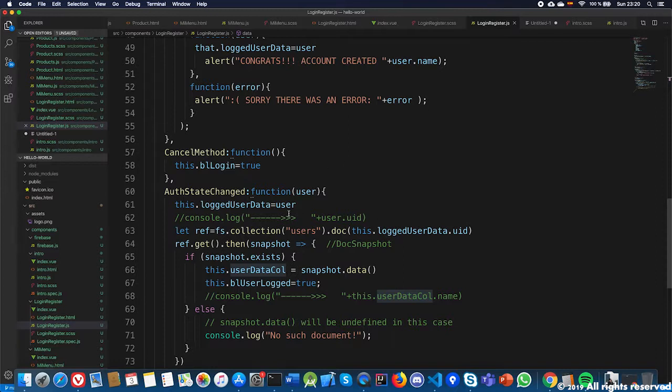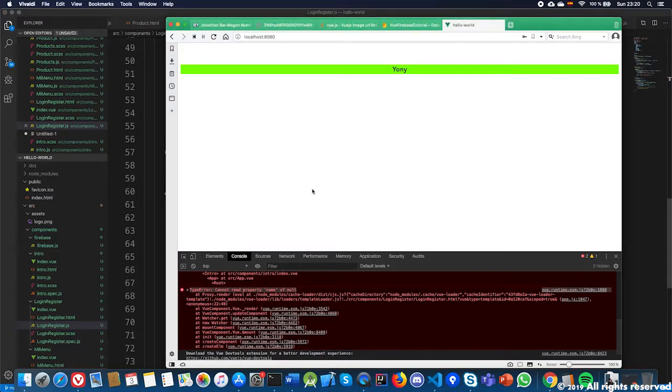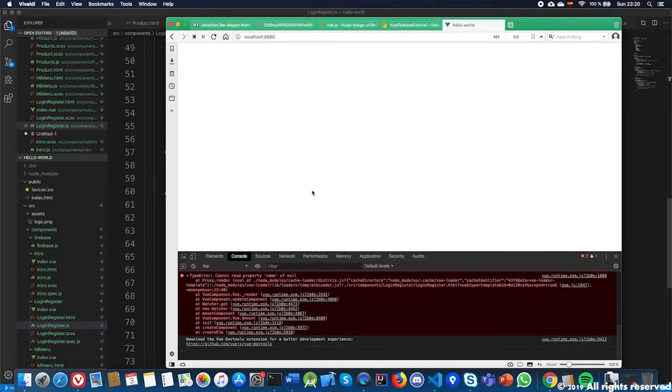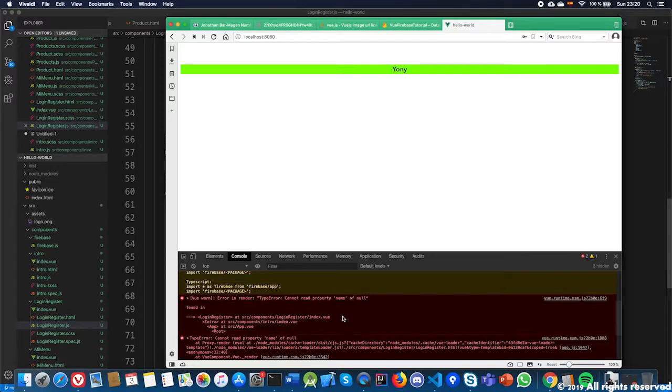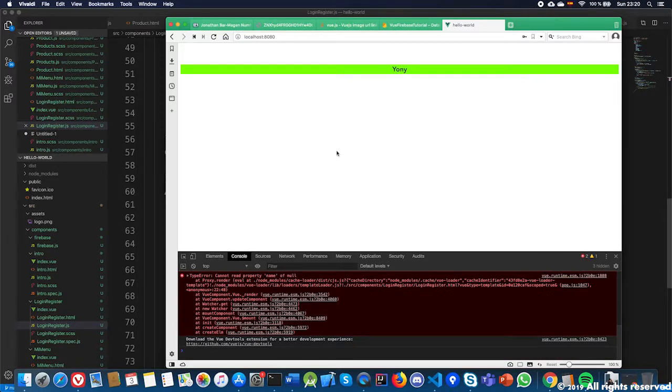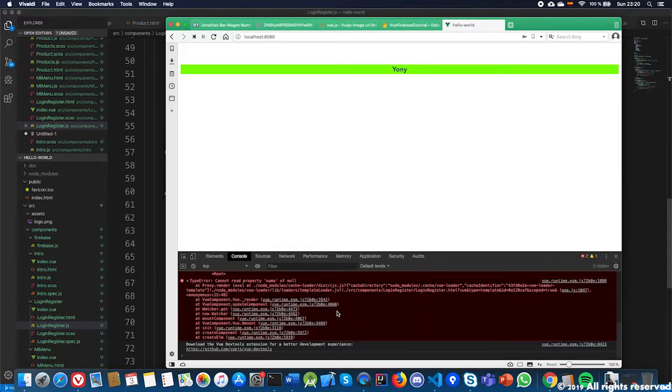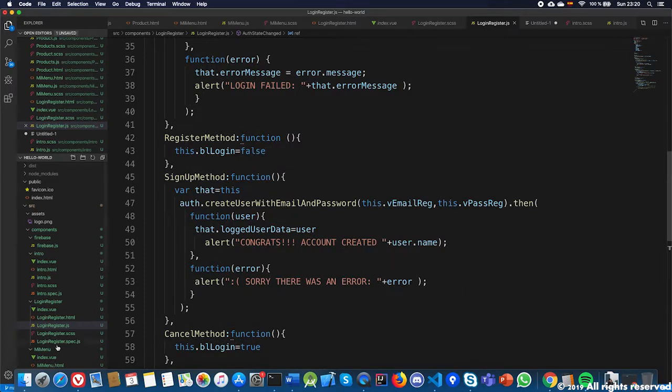To fix that, we will probably need to add some kind of... this is, let's say, severe. I'm not saying it's not severe, but to fix it, we'll probably have to add some kind of